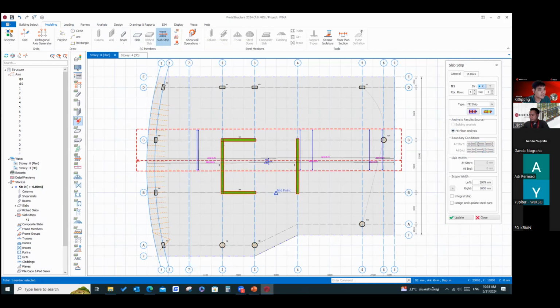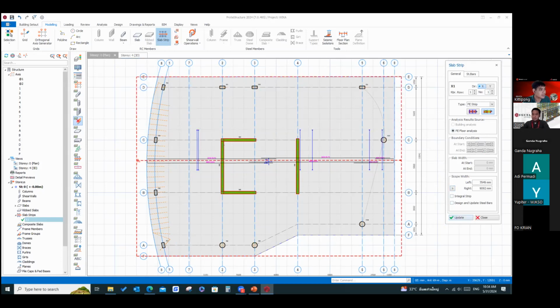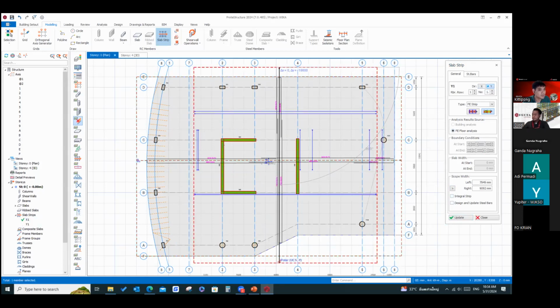Like this, it's done. For the last foundation design, like this. Maybe in the Y direction also. Done.